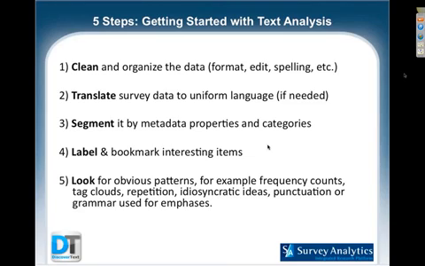Fourth is to label and mark interesting items. And the fifth is to look for obvious patterns, for example, frequency counts, tag clouds, repetition, and etc. These are just 5 really quick steps that you can apply to any kind of tool. And we'd love to show you how we can apply it to the DiscoverText tool.